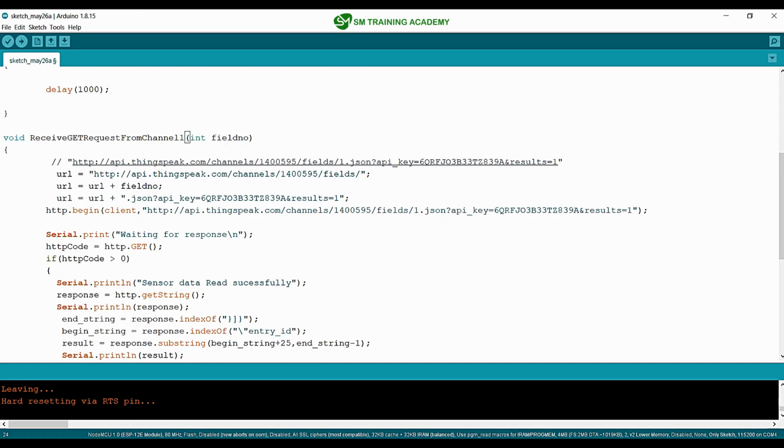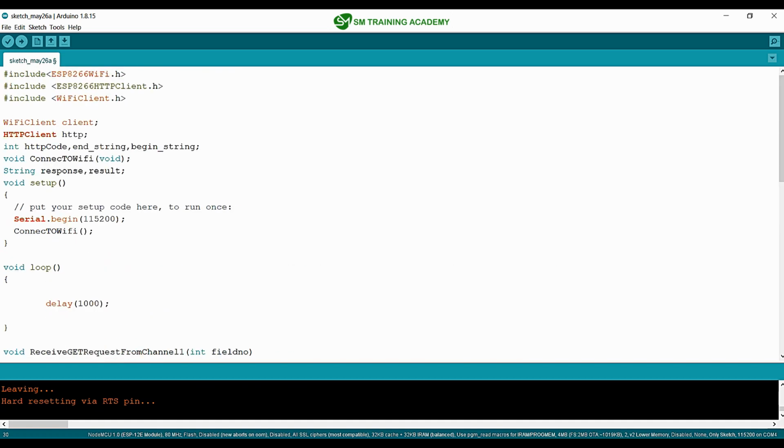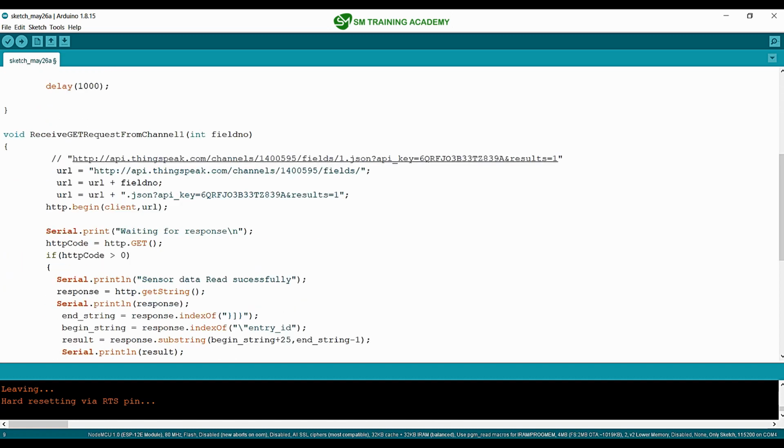Let's say if you want to get the data from field 2, you just want to pass here the number 2, and that's it. And regarding the second parameter to this begin function, you just want to pass this string URL. I'm just declaring the string URL also, and that's it.